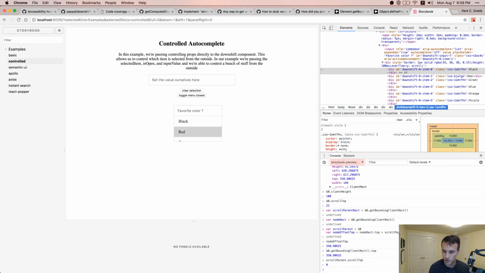So it's where it would be if it were scrolled to the top, and if where it would be is greater than where it is, then it's above, and it needs to be scrolled down. So the scroll top needs to be set to